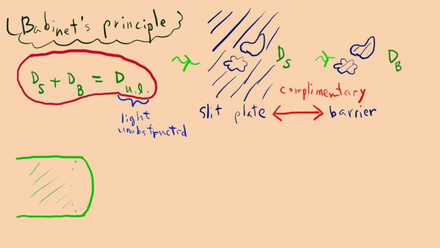Let's consider a slit plate which is very simple. So I'm going to consider a single slit, a circular aperture, okay, a single circular aperture, and I don't want to use capital D here, so let me use this as H. H is the beam size of the laser. Let me use small h for the size of the aperture of the slit plate, and I'm going to assume that h is much less than capital H, and that's a good